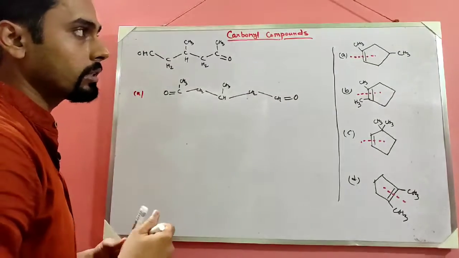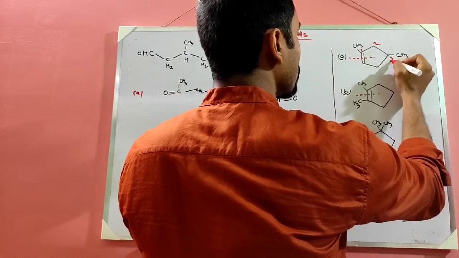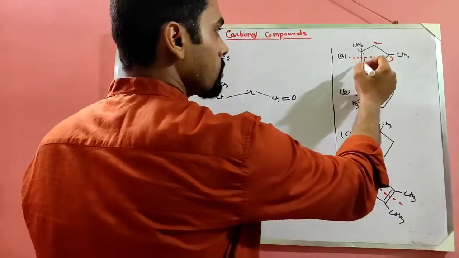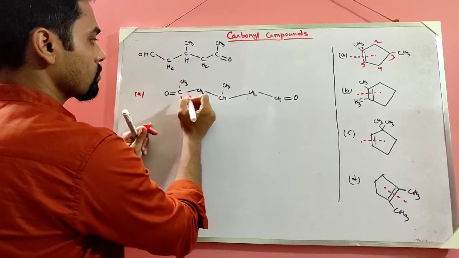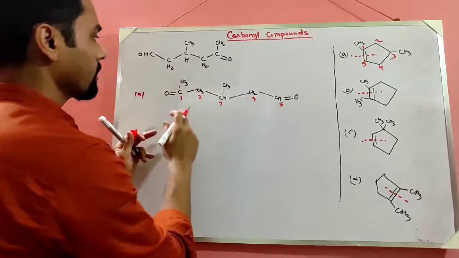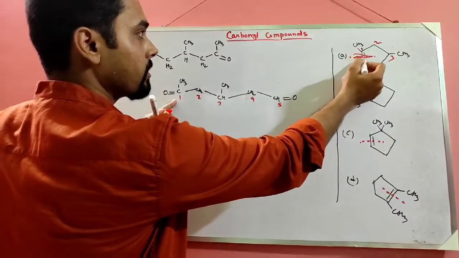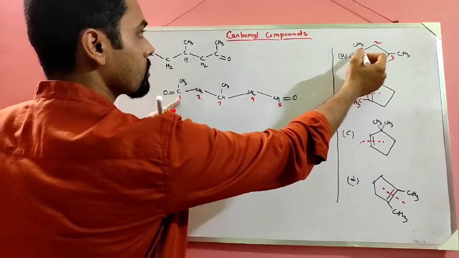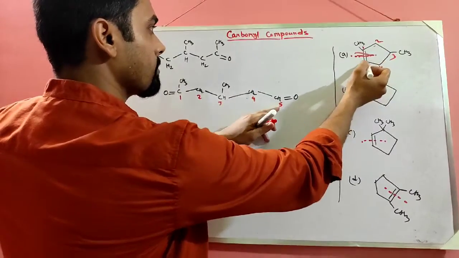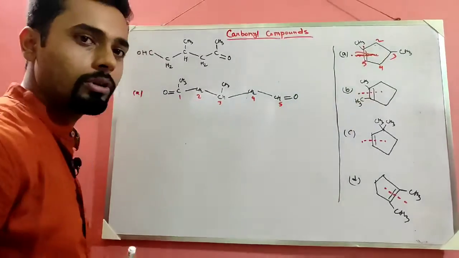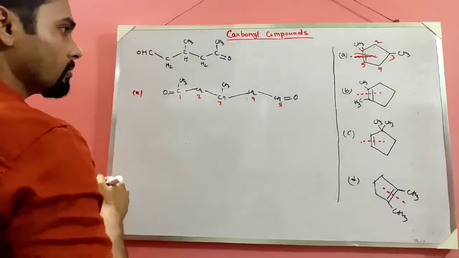If you number the compound, then it will be easier. Here it is 1 2 3 4 5 membered. If you put numbers, then it is more visualizable. So this is 1 2 3 4 5. At position one, C double bond O, the breakage occurs and oxygen is inserted. So C CH3, number 2 CH2, number 3 CH CH3, number 4 CH2, number 5 CH double bond O. Similarly all compounds will be broken and give carbonyl compounds.